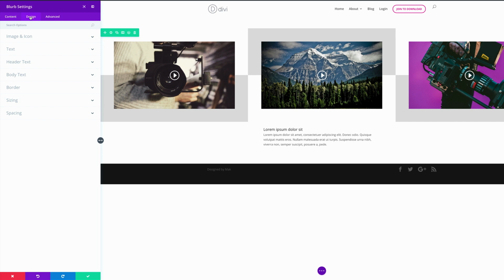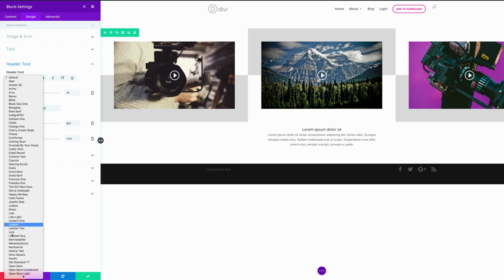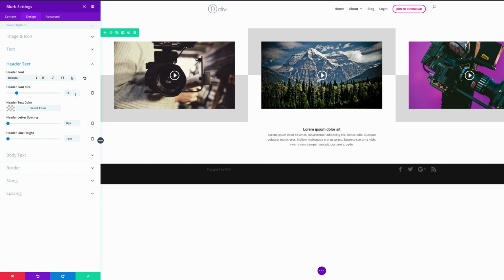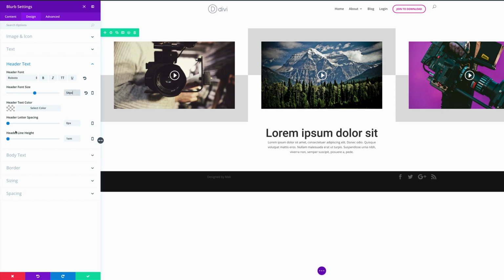Right, so let's come over here to design and let's make our text dark. We need to center it, and then for our header text we need to select Roboto, and it needs to be 54 so that it's nice and big. And then over here on the letter spacing, we're going to add a 1 pixel so we can easily read it. Now it's time to go to the body text.